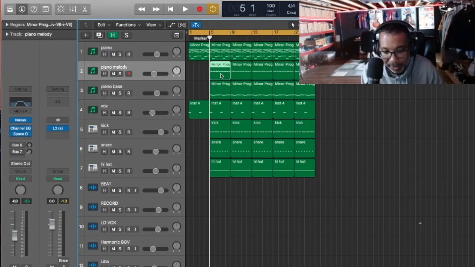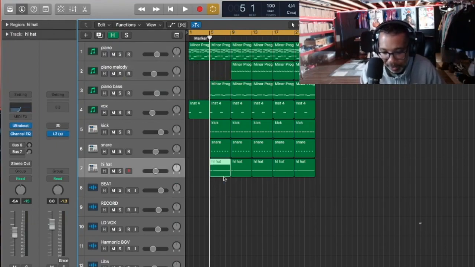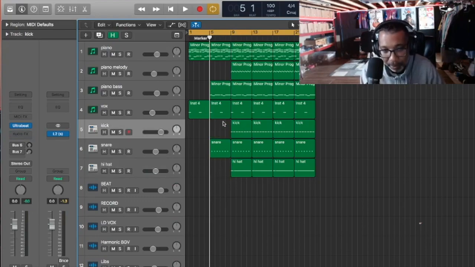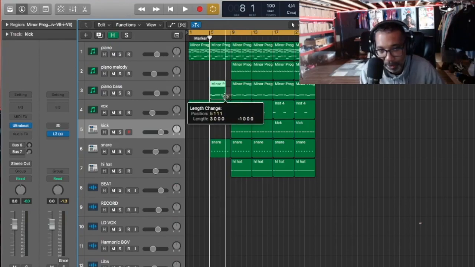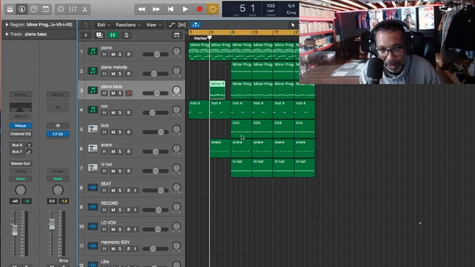We take out the melody again, take out the hi-hat, take out the kick, but we're gonna introduce the snare, all right, and the bass. Cut out the bass a little bit right there, and then everything for the chorus, and then the verse, we want to take out the melody,